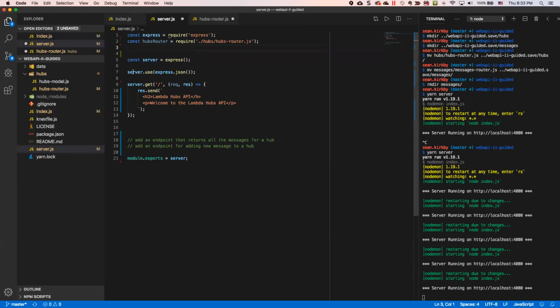And then we're also saying that for the server, for everything on the server, every router that there is, not just the default one, but any router that we're going to add to it, we want this middleware to be used. And again, what this middleware does is it parses JSON on incoming requests into an object on the request object so that we can access it. And by putting it here, it makes it so that every router that we create, and so far we've only created one, but if we were to create others, they would all benefit from this, right? So this piece of middleware is going to be running for the entire server, not just for any given router, right? Okay, so now that we have that in place,